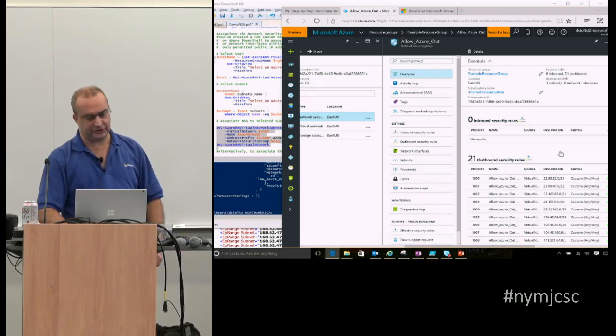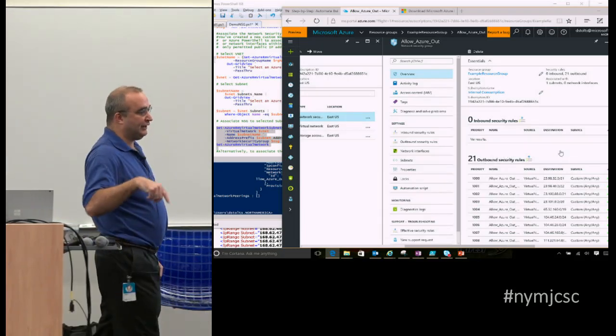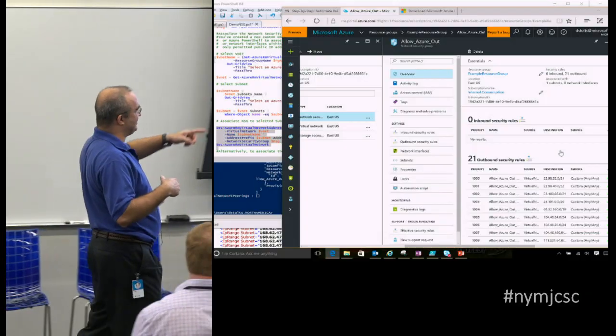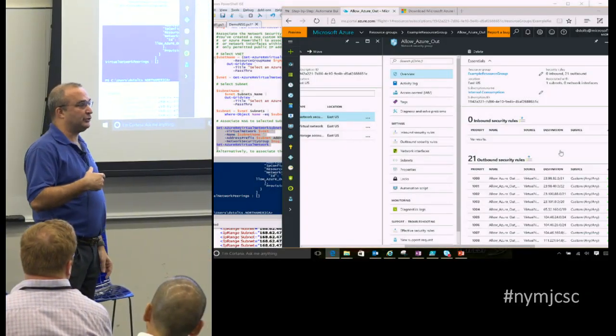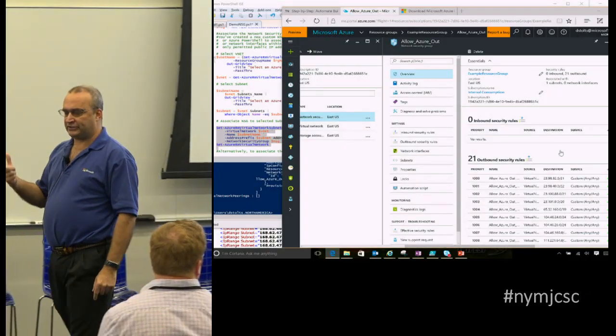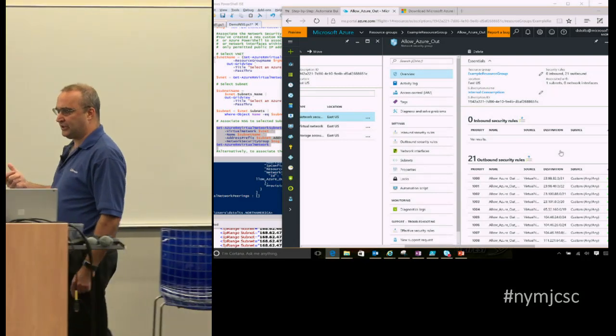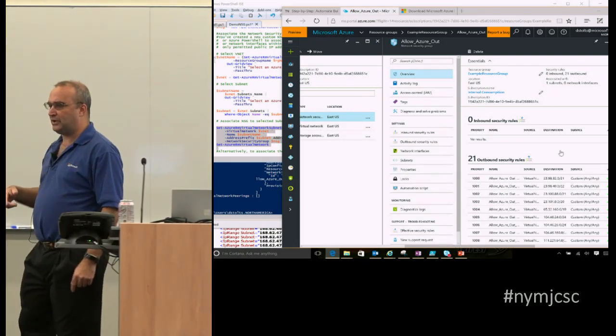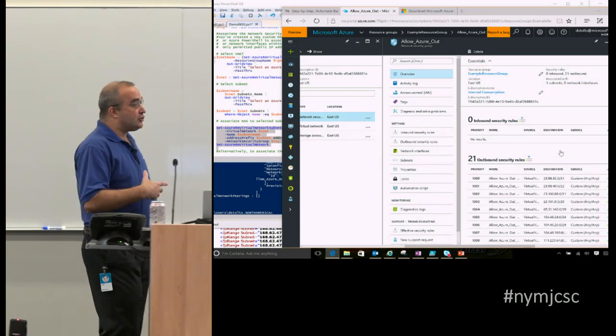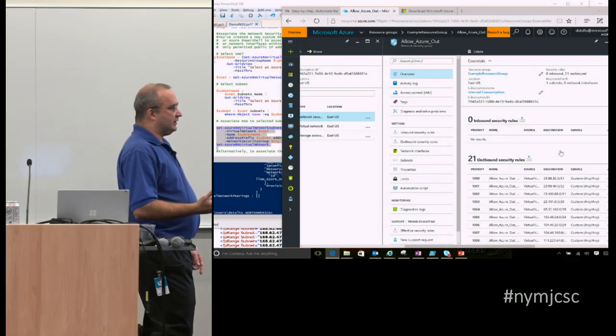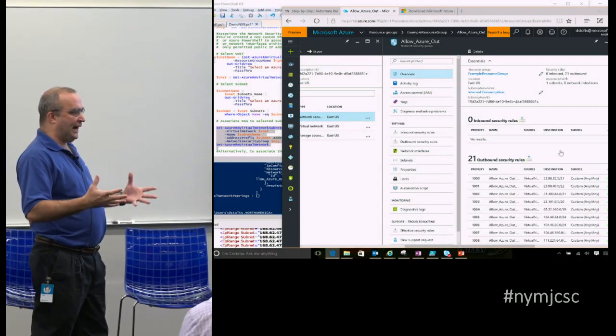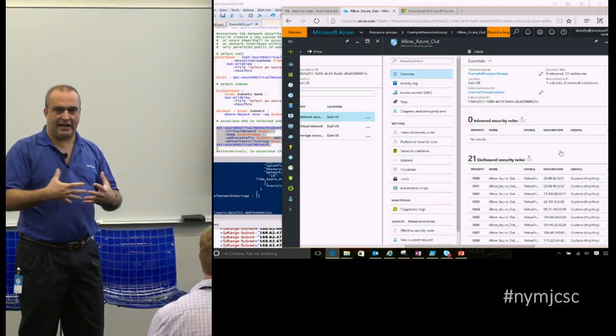Twenty-one outbound rules, and you'll see, if you took a snapshot, that the IP addresses are different because I chose a different region. I chose Asia East instead of, I think the prior one was US East. So what I've shown you is network security groups and how you can set those up and manage those